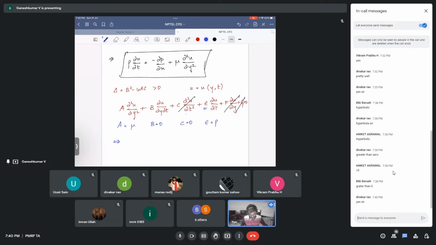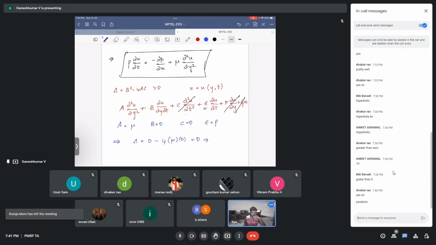If we write b square minus 4ac, what happens? B square would be 0, so the discriminant would be 0 minus 4 times a, which is mu, times c, which is again 0 because the second derivative of time is not there. So this term turns out to be 0. So it is not greater than 0, right? What kind of equation is this? So yeah, this is para